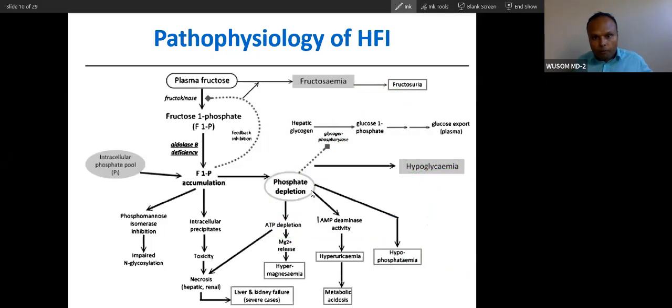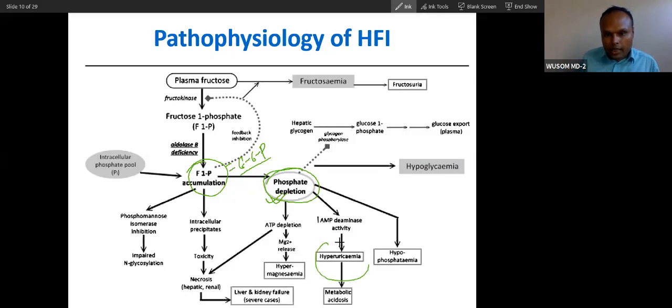Whatever may be the reason, this is the primary cause. Nobody knows what happens inside the cell; this is the primary cause they have found. And you can associate fructose 6-phosphate with glucose 6-phosphate the same way, and memorize it the way you memorized von Gierke disease. No problem with that. But you have to just remember phosphate depletion is the main cause. This is maybe the secondary cause.